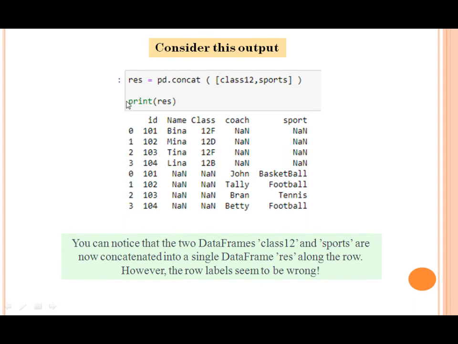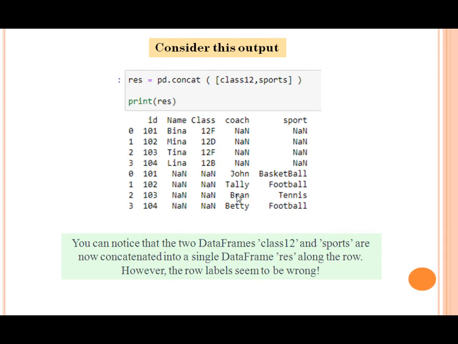But it is wrong. We have to change these row labels. For changing these row labels, we have an appropriate command. But this command concatenates the whole data frames irrespective of the values, but the common column is taken as one.